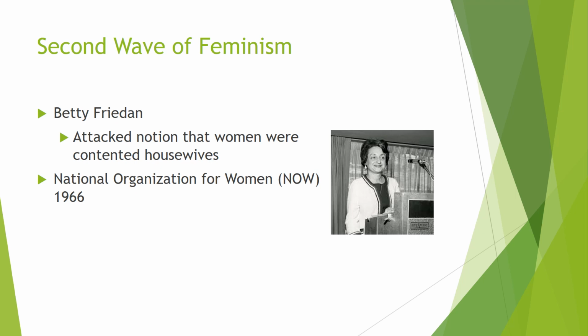And Betty Friedan comes out with this book, like I said, in 1963 called The Feminine Mystique, that basically said, you're not alone in this struggle. And it sort of awakens the American housewives to additional potential in their life. Betty Friedan was also instrumental in creating the National Organization for Women in 1966. This was a political organization created to help bring women's issues to the forefront of the conversation.